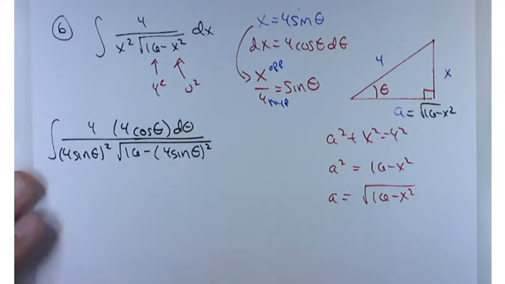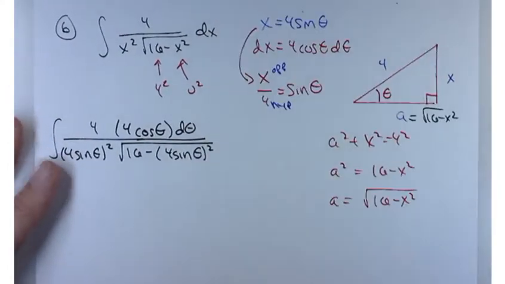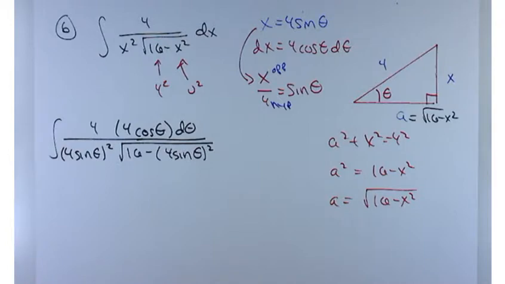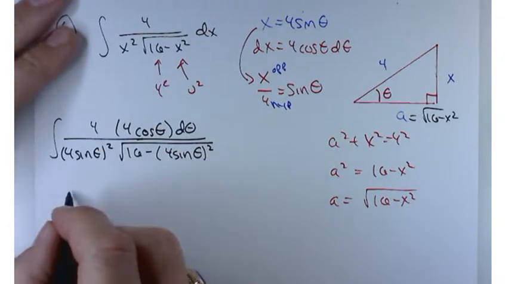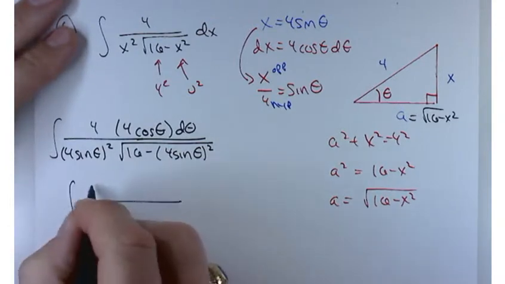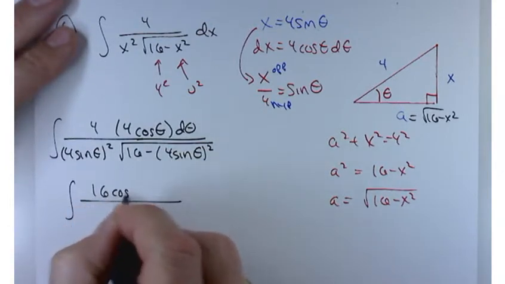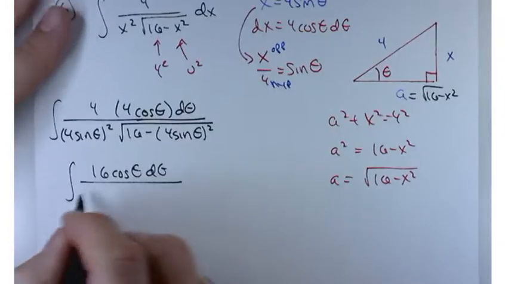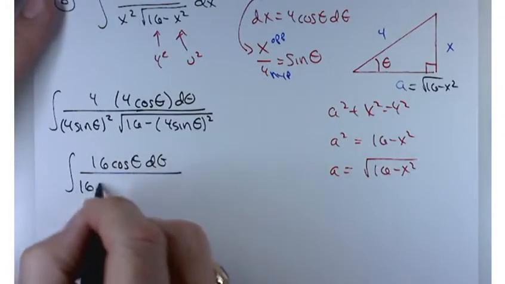So, wow. It's going to be a lot of simplification we do before we can start to unravel this some more. 4 times 4 is 16. So it's going to be 16 cosine of theta d theta over 16 sine squared of theta